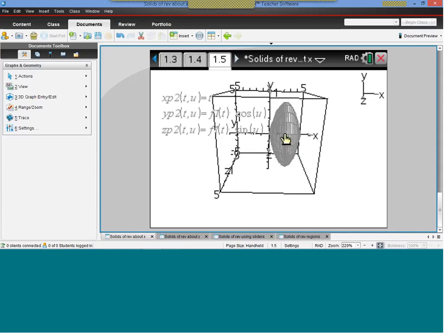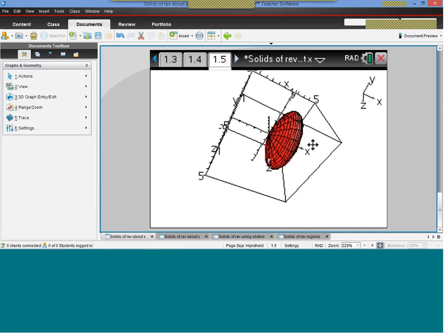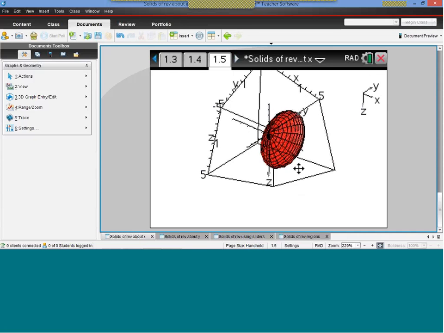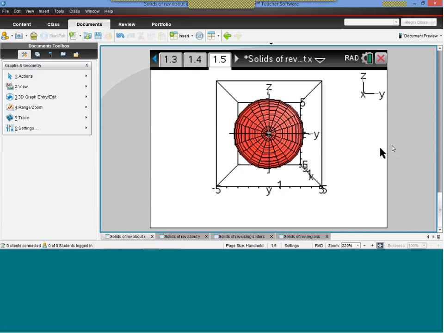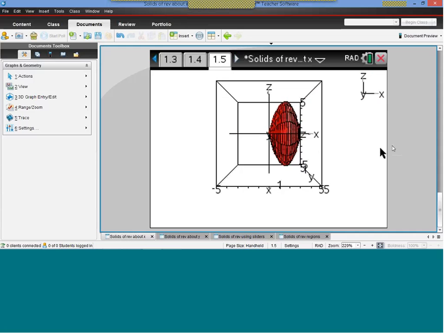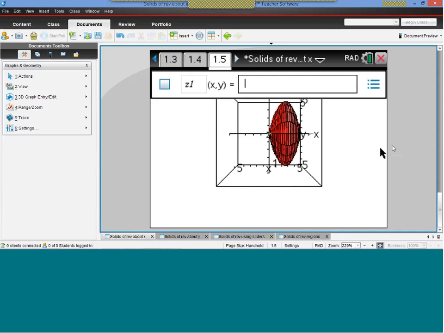So how did we produce this? How do we produce this solid that we've rotated around the x-axis? Again, we can view it by pressing X, and we can see that it's been rotated around there. We can look along the y-axis and see that we've got that, or look along the z-axis and it looks pretty much the same. What we've done to achieve that is,